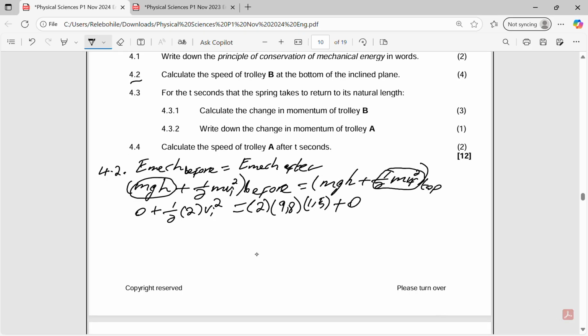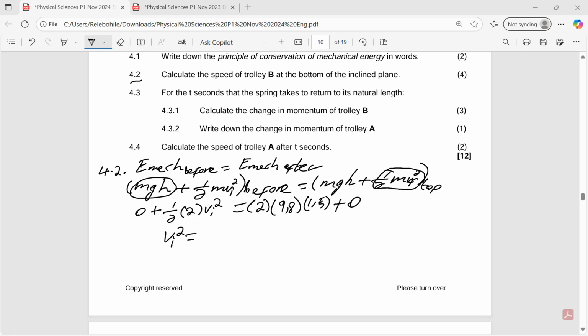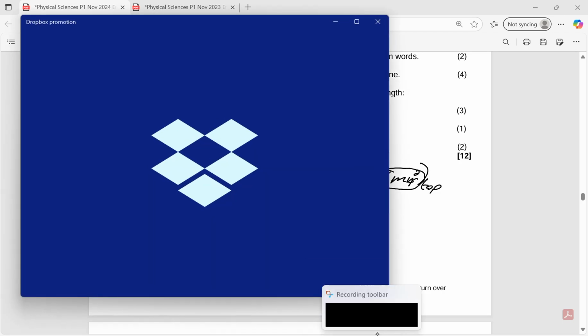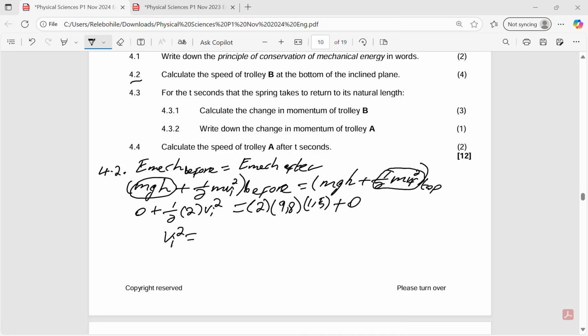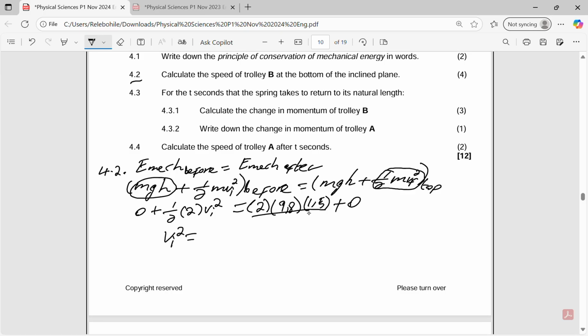And when I proceed now, I'm just using my calculator. If you realize, half times 2 should give me 1. So here I should have vi squared. That remains. Let me just move this, guys. Yeah. So I'm now going to put this on the calculator as it is. I'll say 2 multiplied by 9,8 multiplied by 1,5, and the value I get is